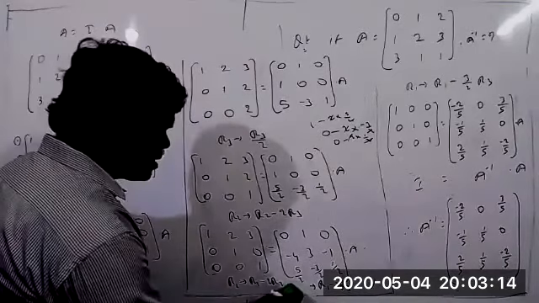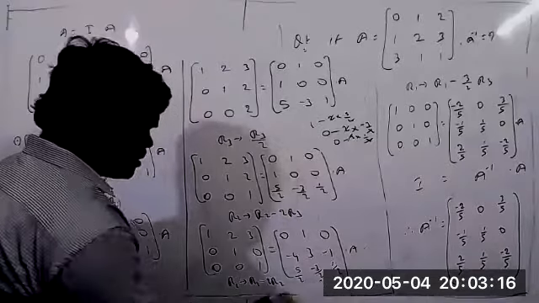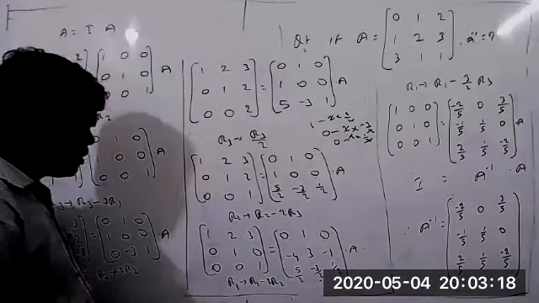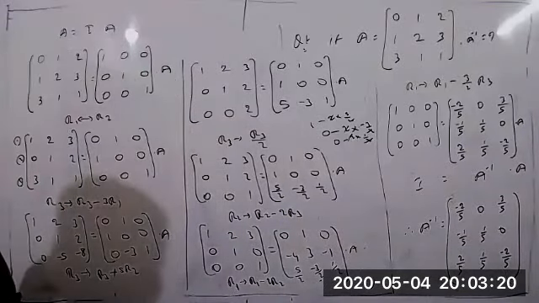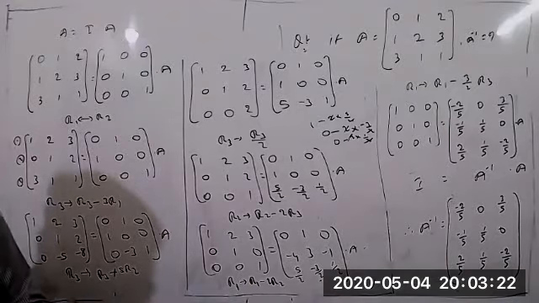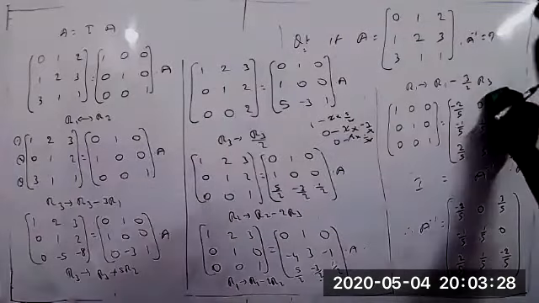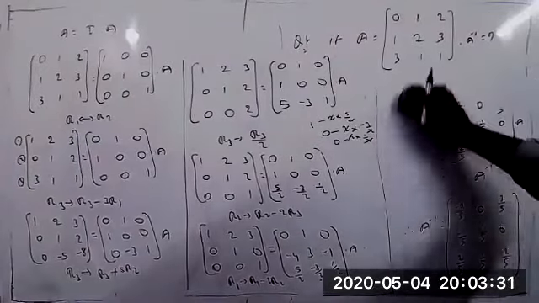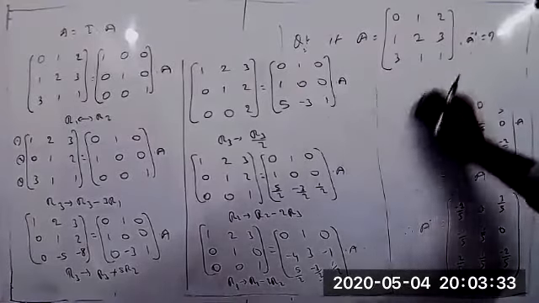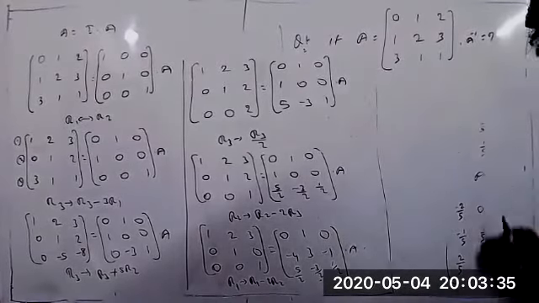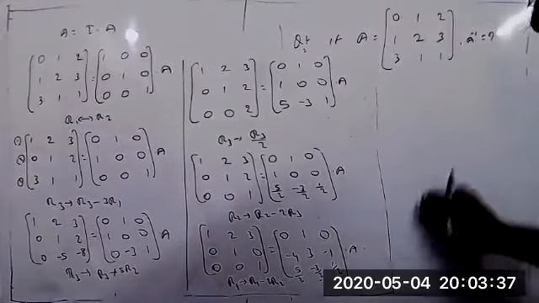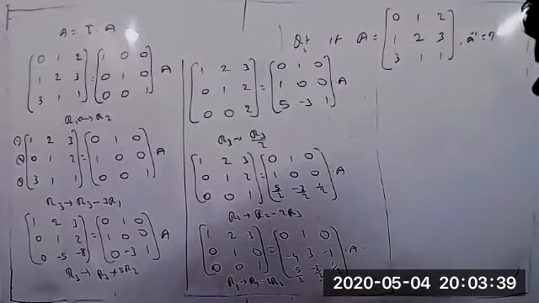Or, do one thing. For R1 only I am changing. Yes, sir. So you wrote R1 here and R3 there for change, sir. No, I wrote two conditions here at a time. If you want to avoid the confusion, you can take one condition only. You take one condition, no problem. So R1 such that R1 minus R2.